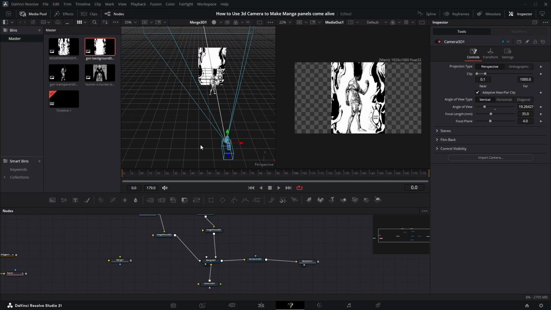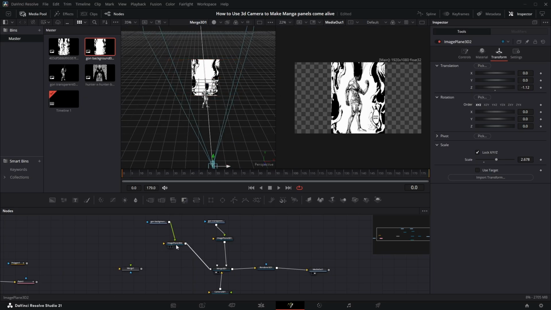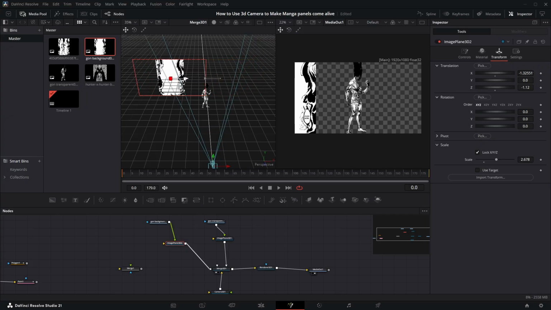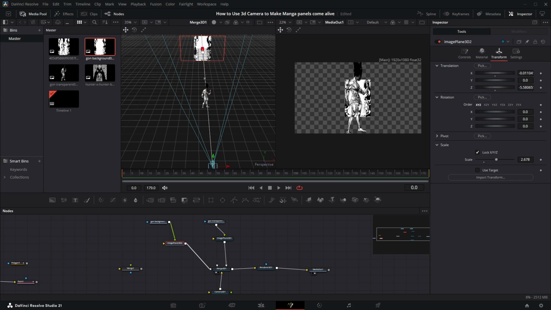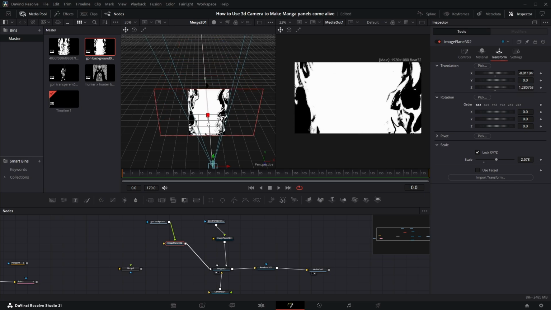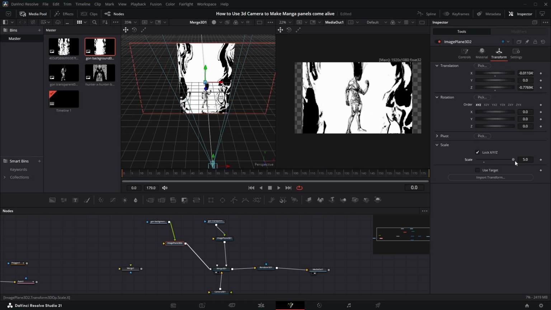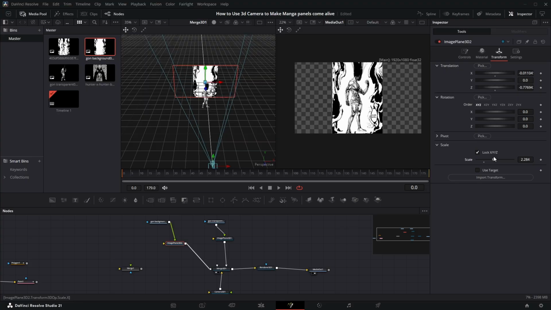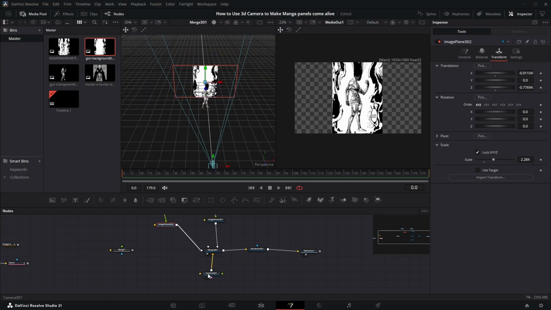Now let's move on to positioning. So positioning is pretty easy in the 3D environment. All you need to do is, for example, if I click this image plane of my background, I can use these arrows to position my background wherever I want it. So let's say I want it farther back, I can move it farther back, farther forward, I can move it even in front of Gone right here, and I can also make it bigger. If you come into the transform, you can up the scale, make the background bigger, make it smaller, whatever you want. You can also move it up and down with this arrow,